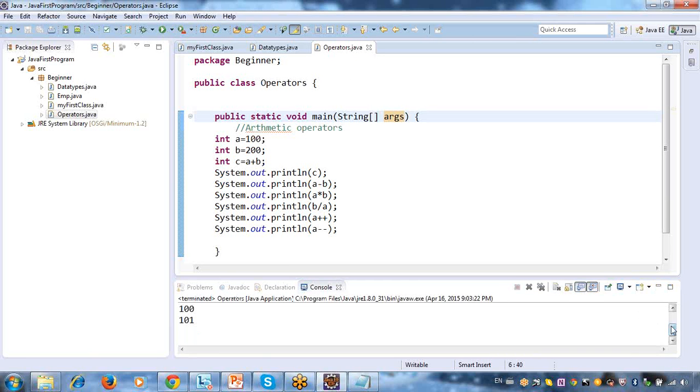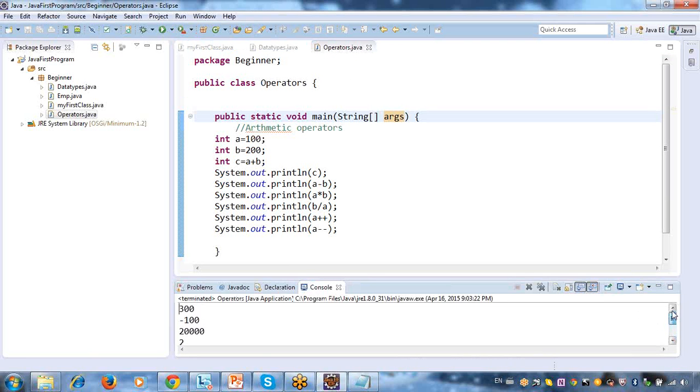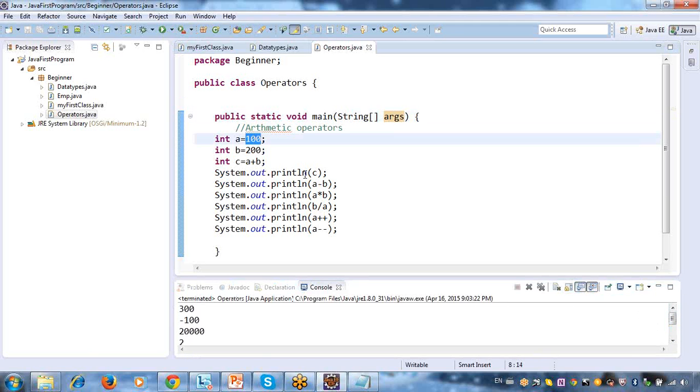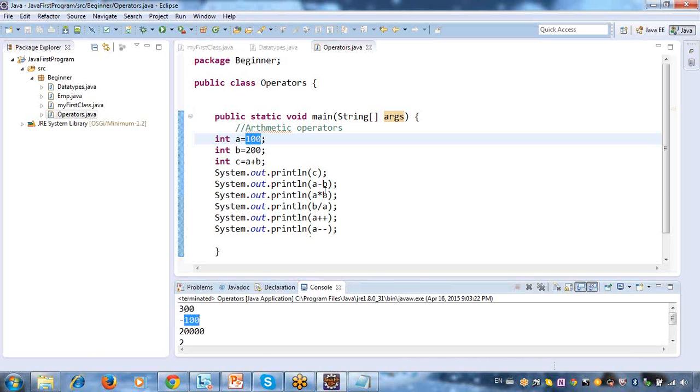Now you can see, first is 300, it's coming correctly. Then a minus b is minus 100, that is also perfect. Then a multiplied by b is 20,000, perfect. And b by a is 2, that is also correct. And then a plus plus, see what is happening.